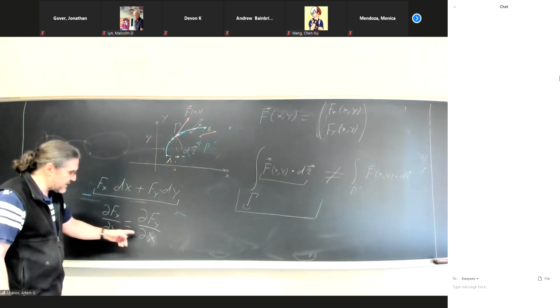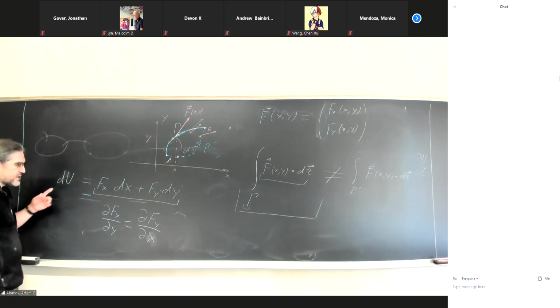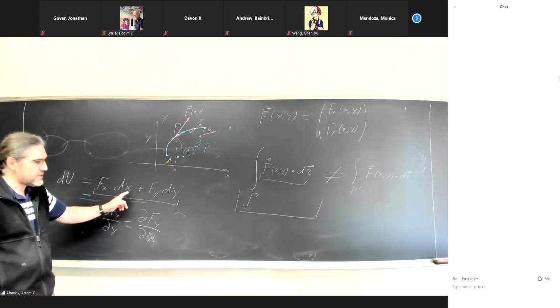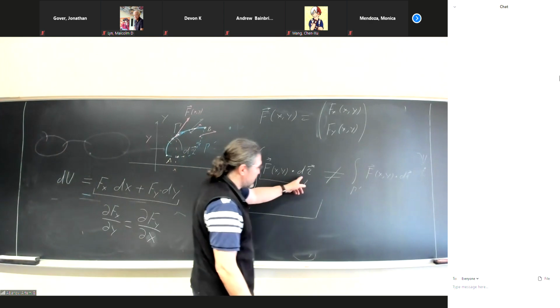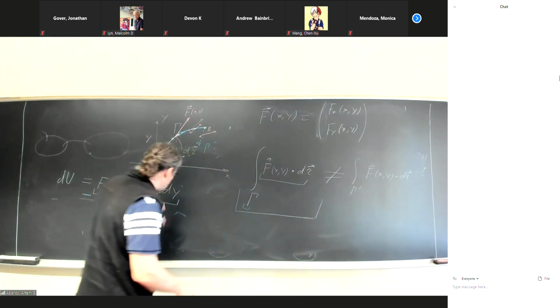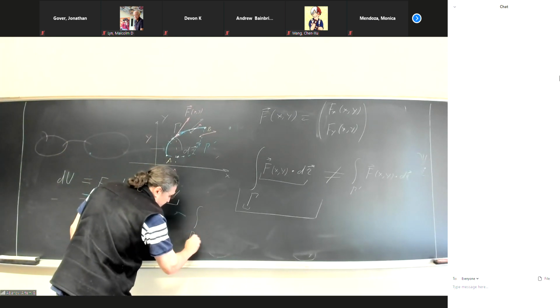If this is satisfied, then we can say that there is a function u such that this is its differential. But then what we have here is just this differential. So in this particular case, only in this particular case, this equals